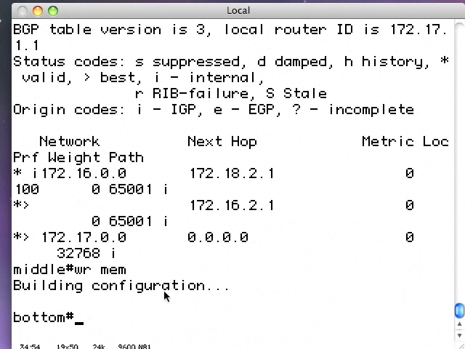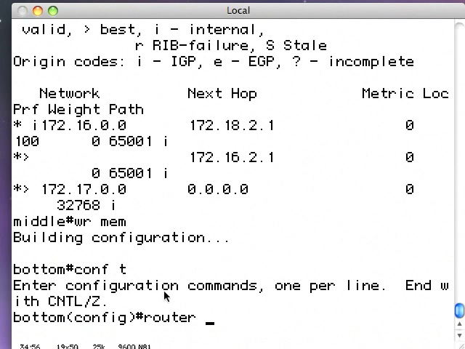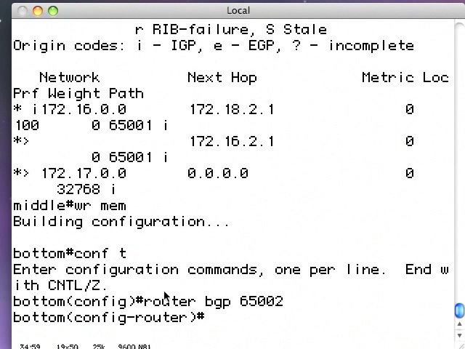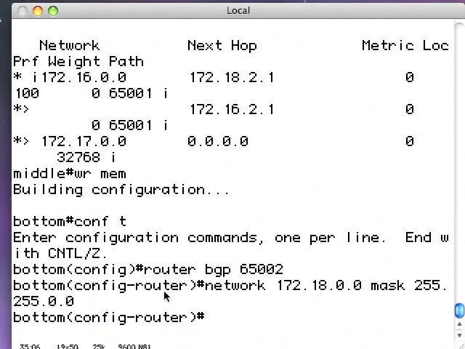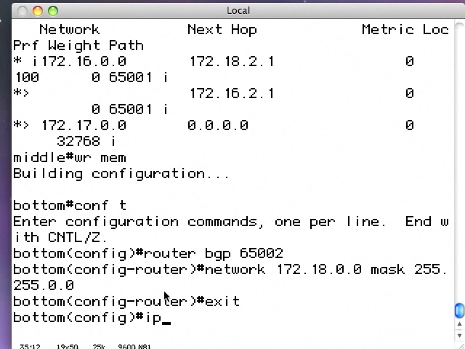So on the bottom router, conf t, router BGP 65002, network 172.18.0.0 mask 255.255.0.0, and then I will put in my static hold down route so I can meet the two preconditions for originating a route in BGP. You need a network statement, and you need a route which exactly matches the network statement. So IP route